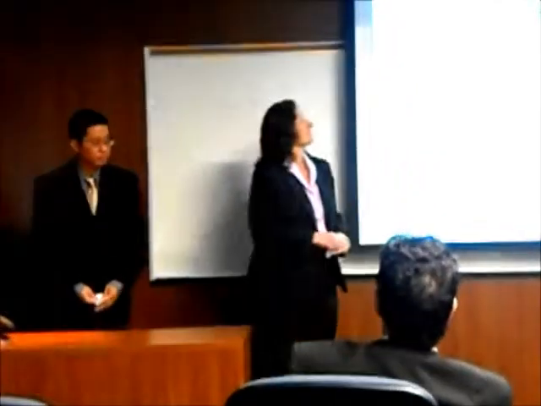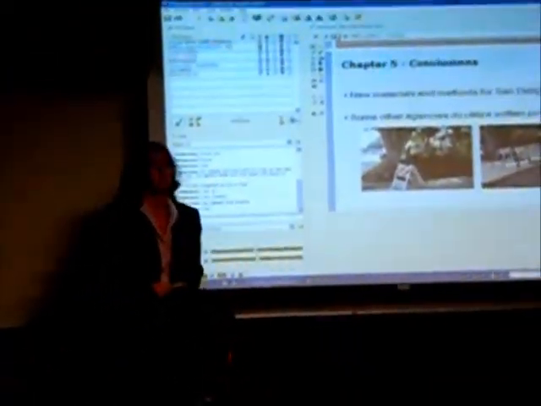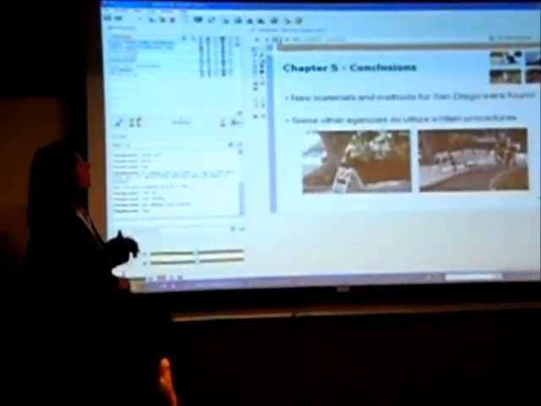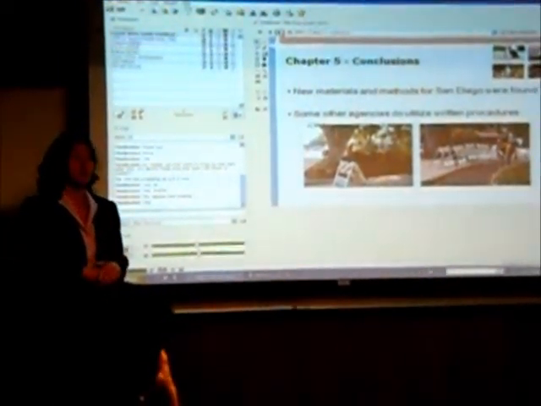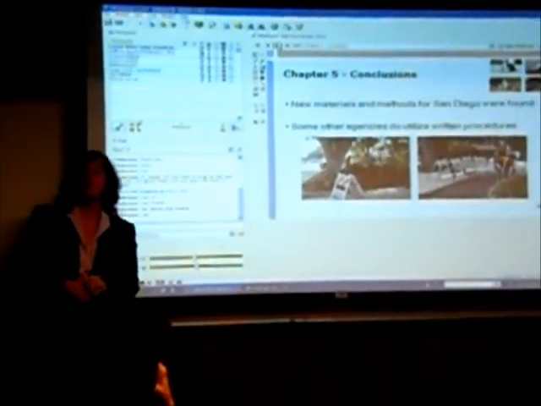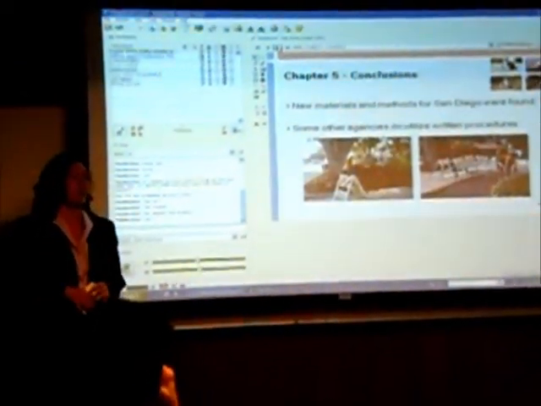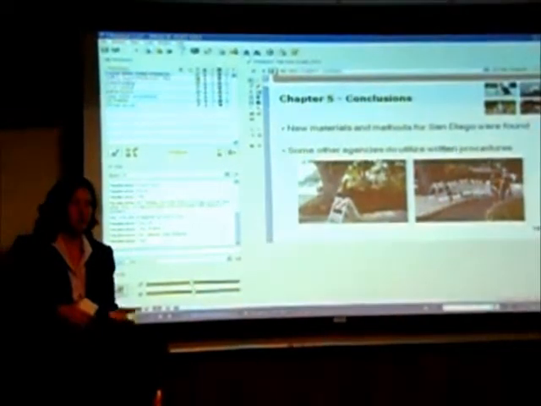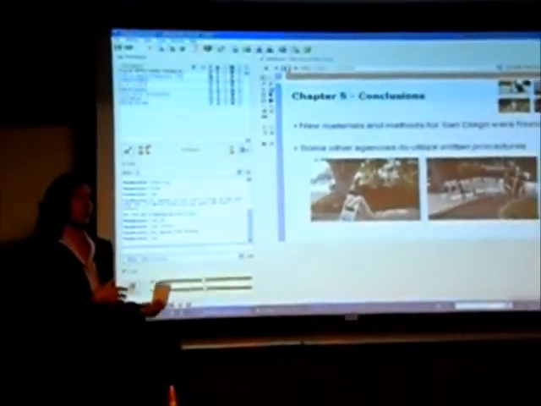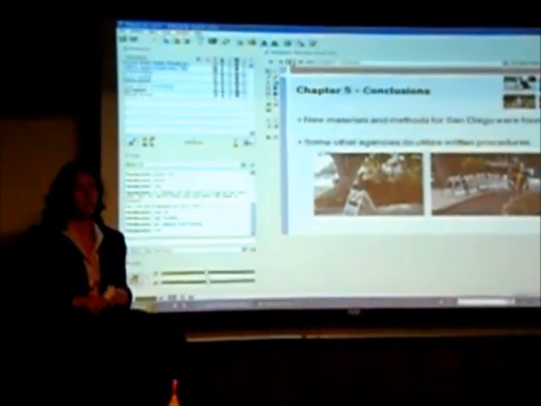Thank you very much. Chapter 5 on the next slide involves our conclusions. We found that in our review of literature, there were some new materials and methods that San Diego could use, and our benchmarking study turned that up as well. For example, in the review of literature, we read about a study where they used 18-inch tall root barriers rather than 12 in some situations, and those situations were when brand new trees were being planted to replace old trees that have either died or fallen over, or just brand new trees that were planted where there were not trees